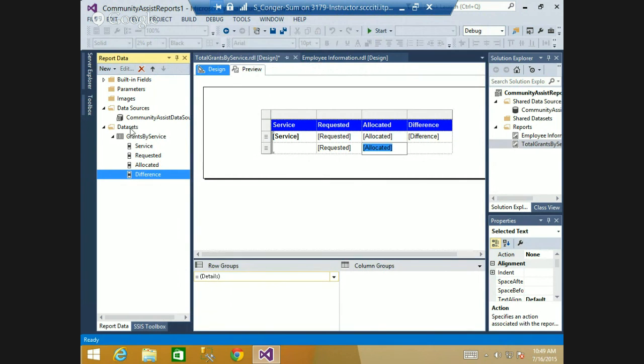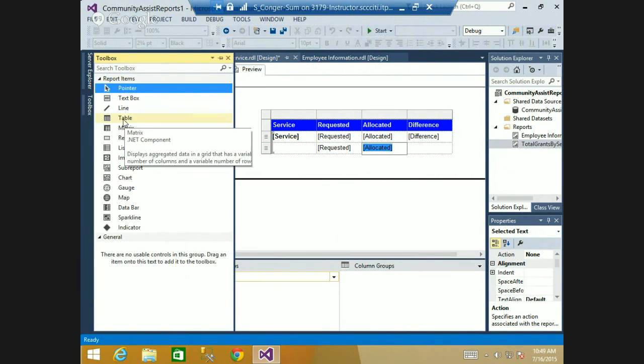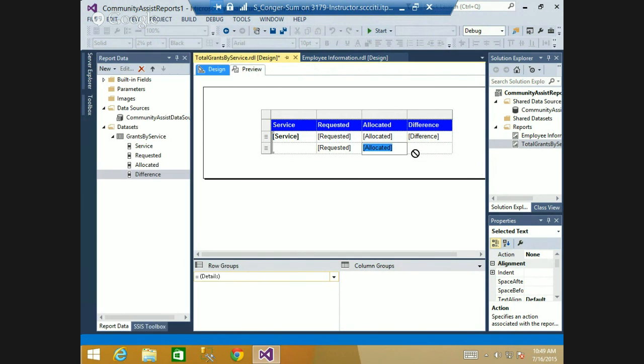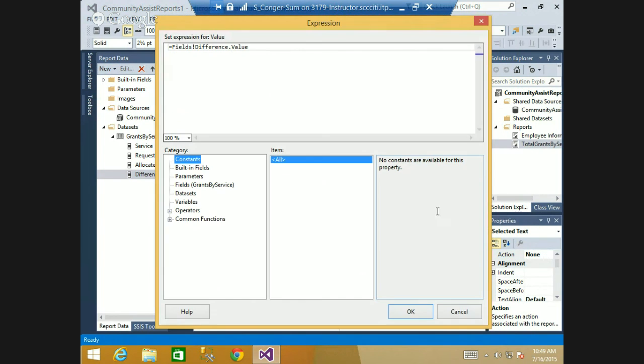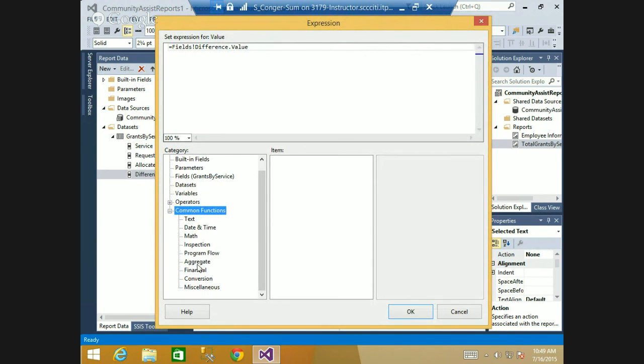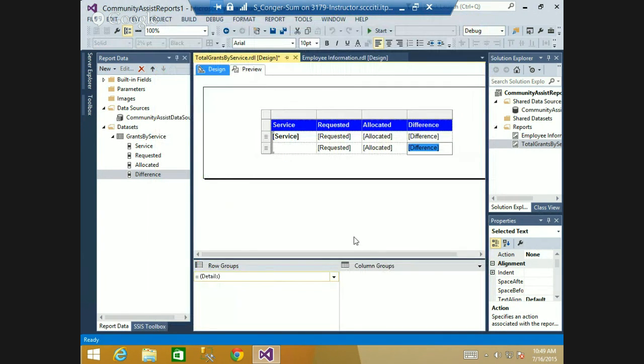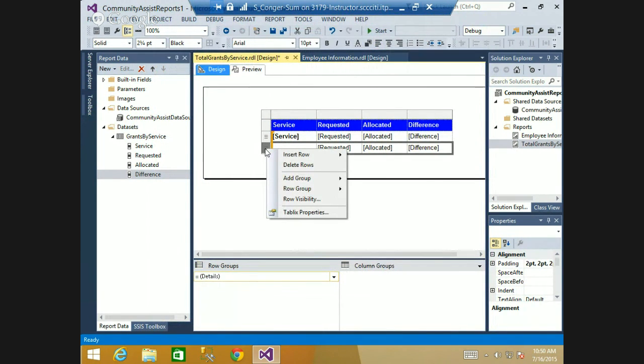So I'm going to toolbox, text box. Okay, and then from the little drop-down list, I'll choose difference. Highlight that, right-click, expression, common functions, aggregate, sum. Okay. And then I think what I want to do for that whole row is I do want,